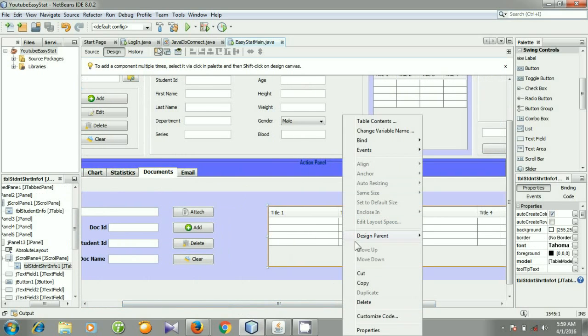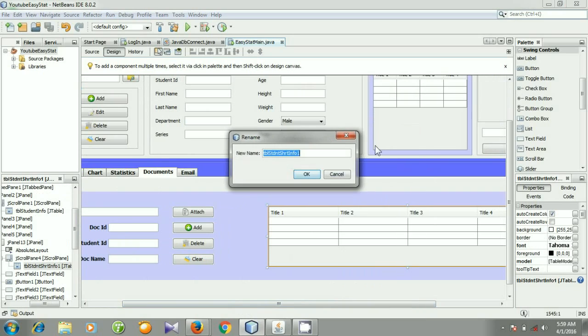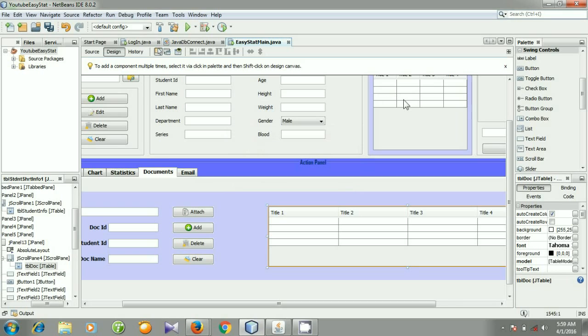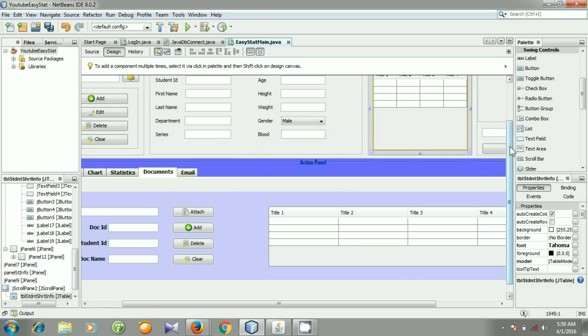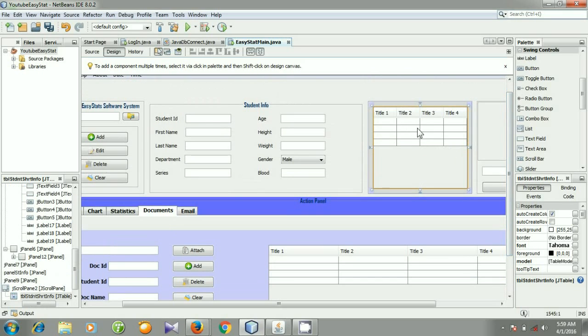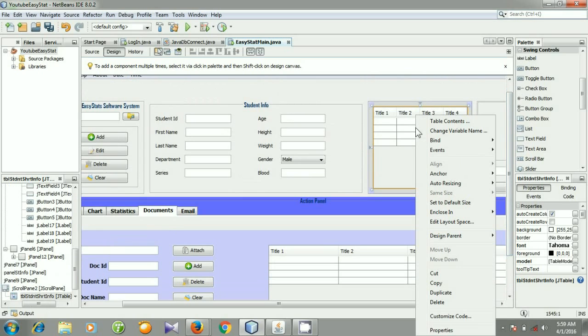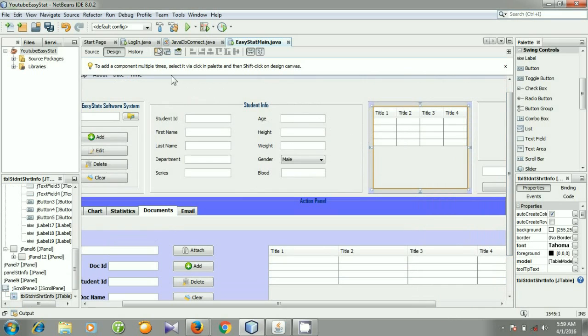At first right click it, change the variable name, and I am changing it to table documents, and here this is our table for showing student name and student ID. No, I am not going to right click it.